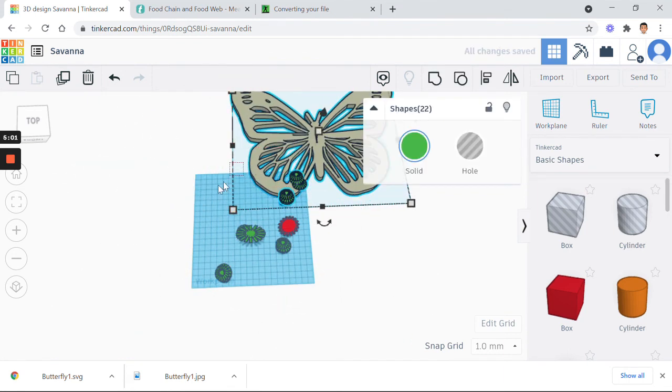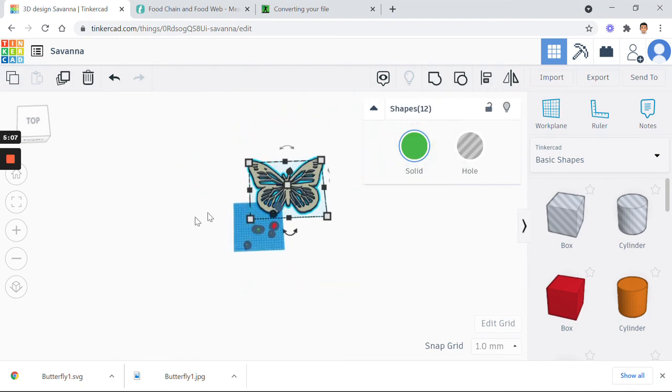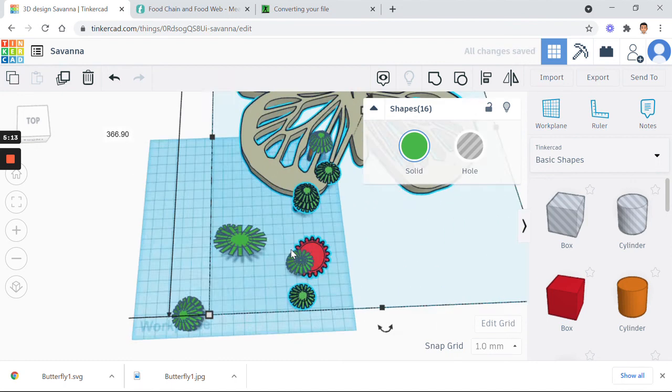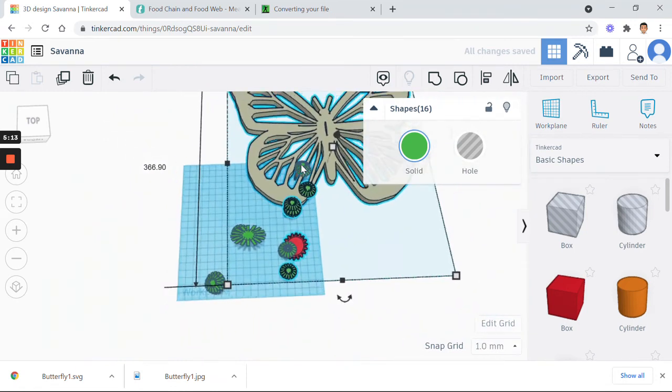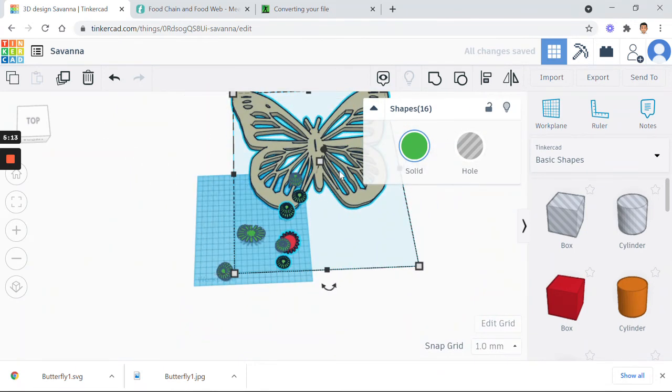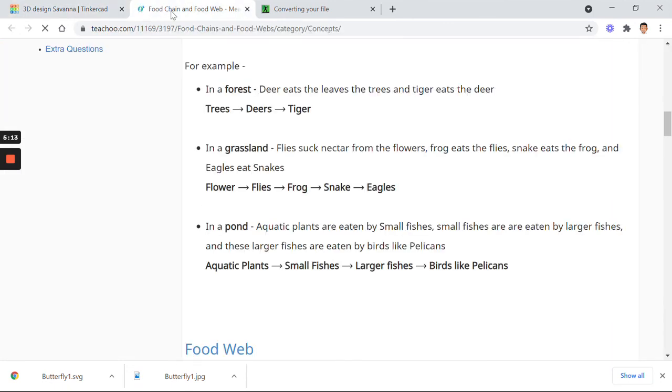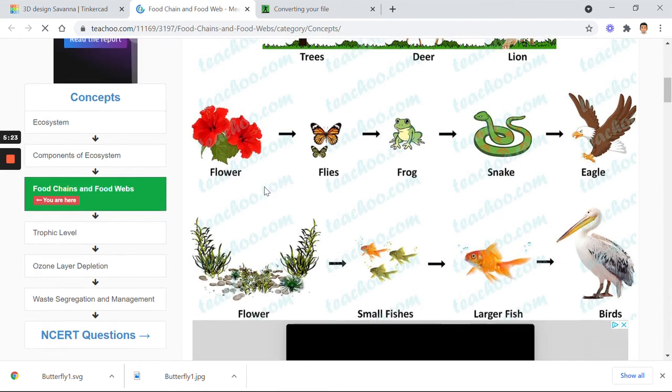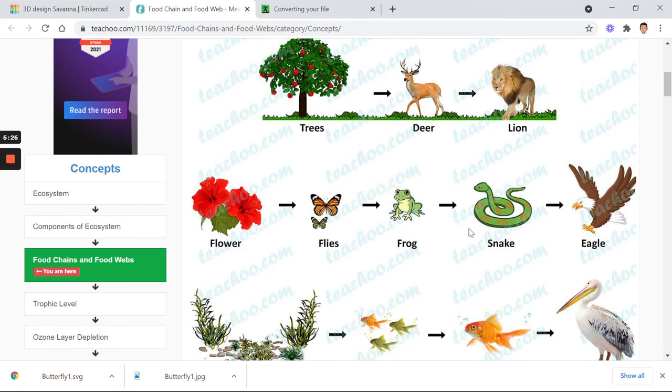And so you can do that with other organisms as well. And then you just modify it just like we've been doing. You can move it around, shrink it, and play with it as needed. Okay, and remember, we need a minimum of 3 organisms for your food chain. And the examples we were using earlier are right here for you. So here are some great examples of a 3 organism food chain, a 5 organism food chain, and a 4 organism